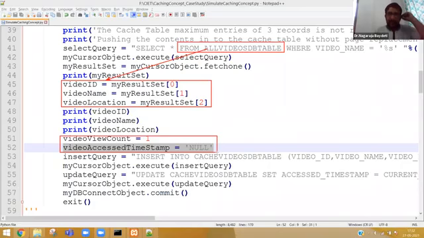These 5 values I am inserting into the cache video data table.